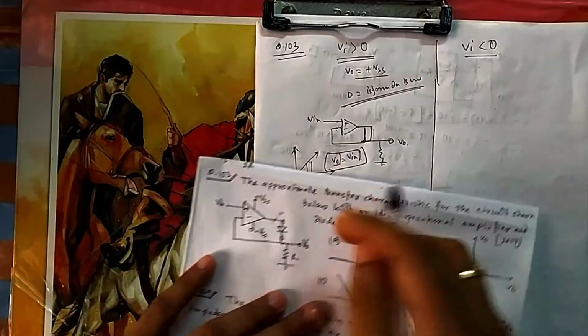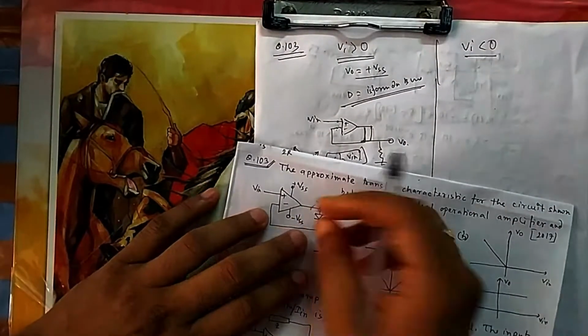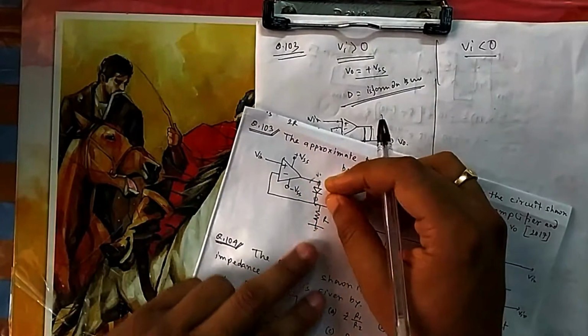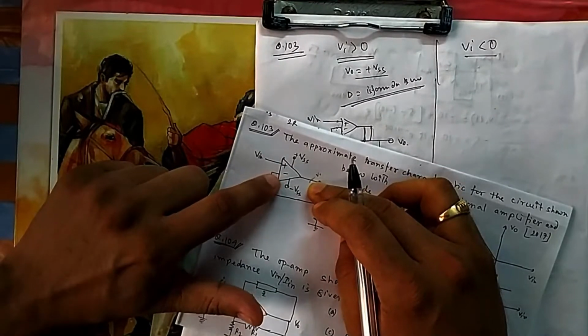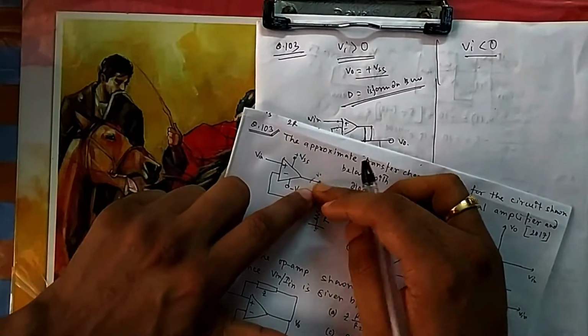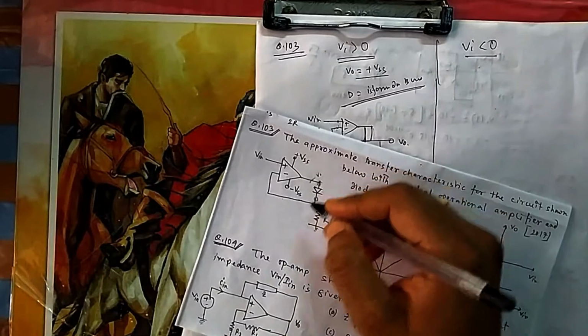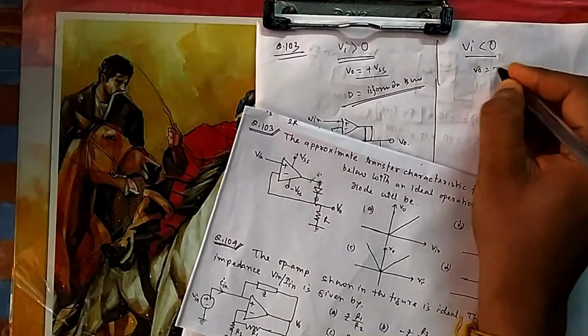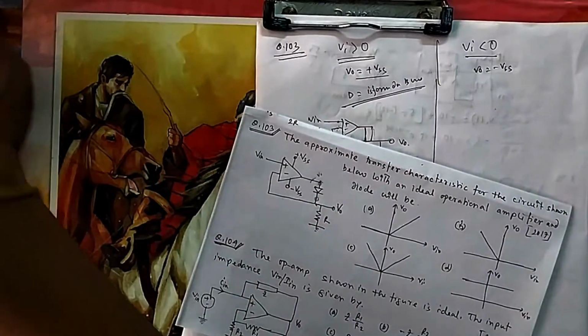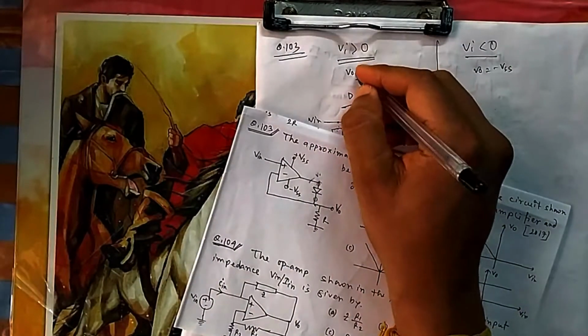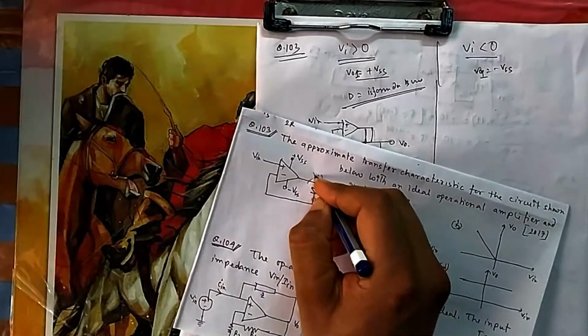So now think about negative. Again you remove this diode, and we start from the beginning. Now this is at 0 and this is at negative. So this is negative, this is 0, meaning this is at higher potential, so the output is minus VSS. Suppose you call this V01, then it will be clear. This is V01, this position.